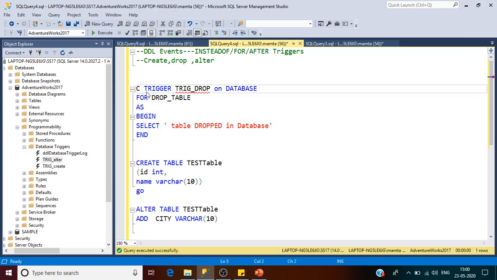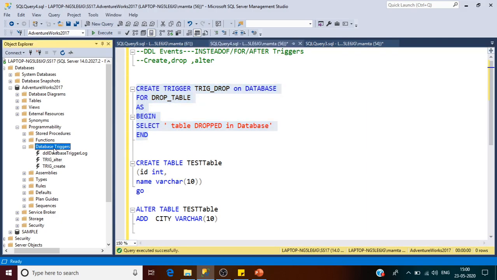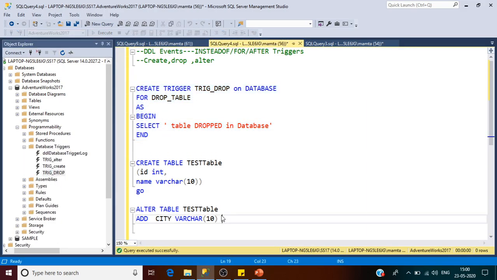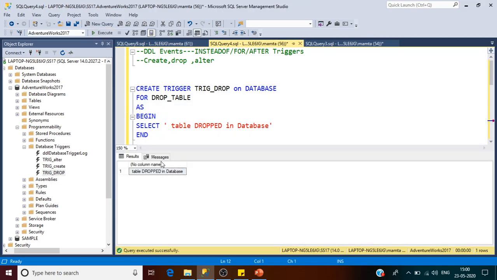As I have changed the name of the trigger, I need to create this trigger here and execute it. So this is executed. You can refresh the database triggers and see one more trigger got created here. To test it, you need to drop the table to see the effect. So I want to drop this sample table which I created a few minutes back. Let me drop it, and see, we got the message: table dropped in the database.